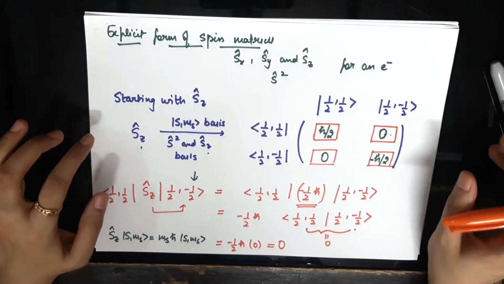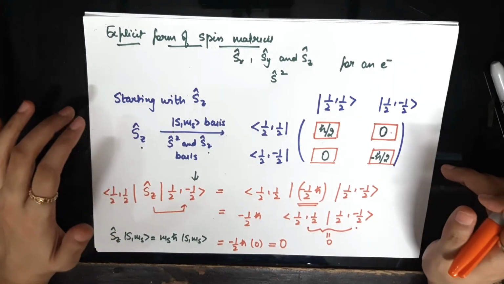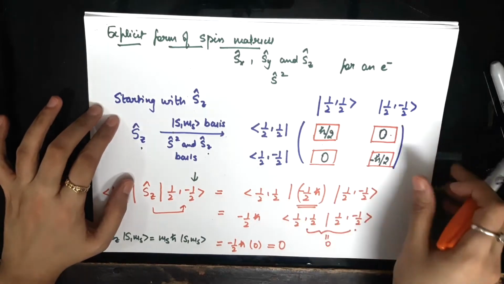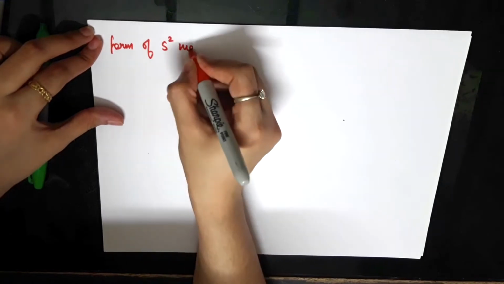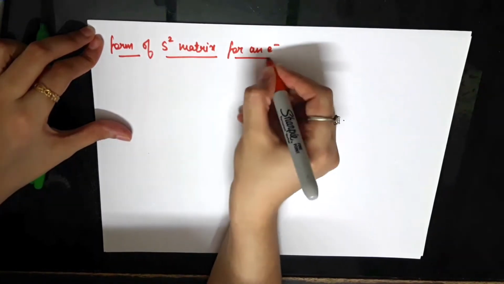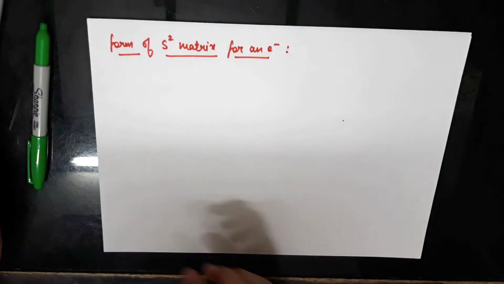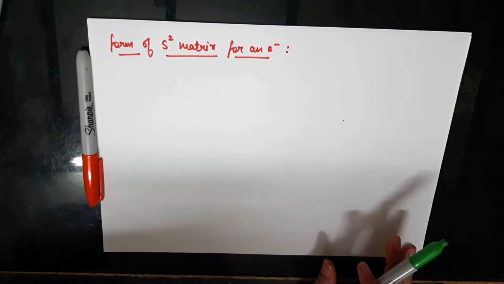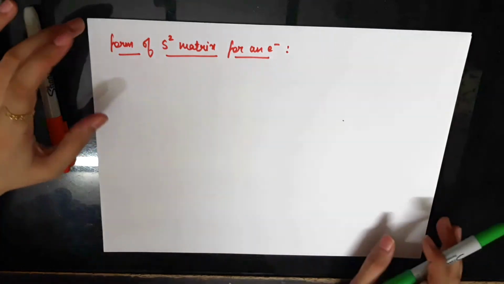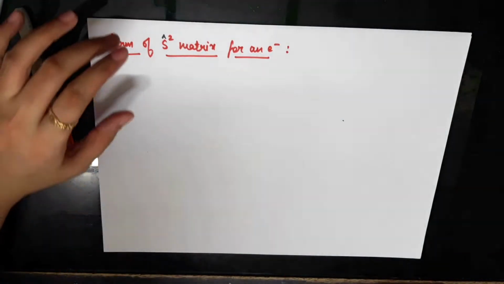So we had calculated the explicit form for the spin matrix Sz for an electron, and we can similarly find the spin matrix S squared for an electron. The explicit computations here are for an electron, but the general formalism obeys exactly the same way for other spin, other than spin half, S equals half. Now we can figure out the form of S squared. This is an operator for an electron.